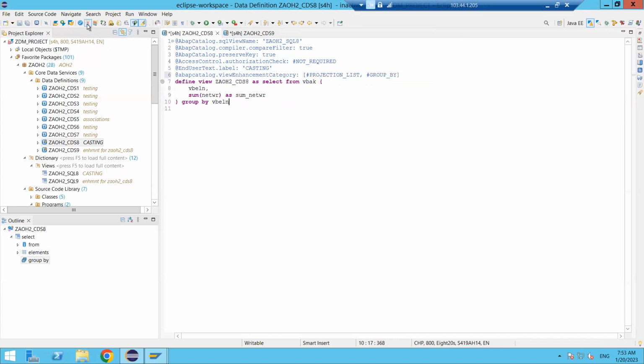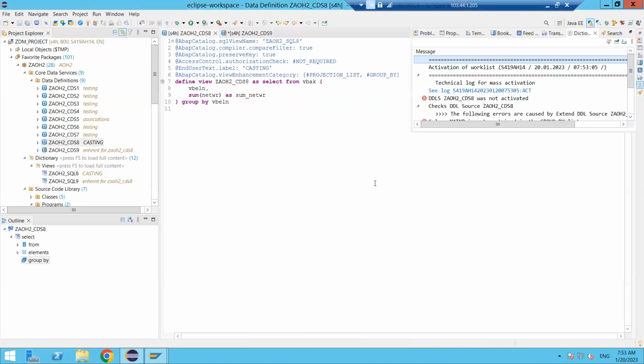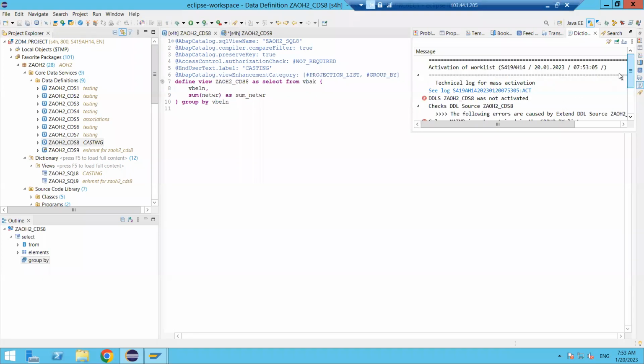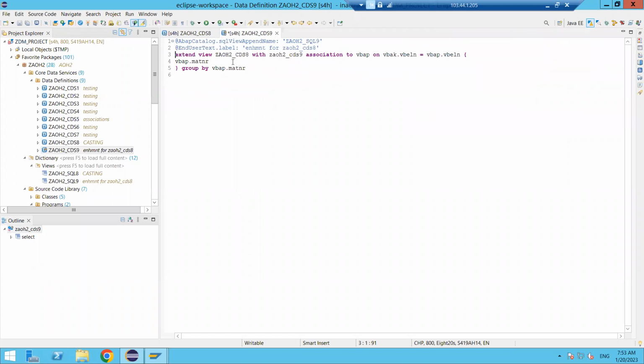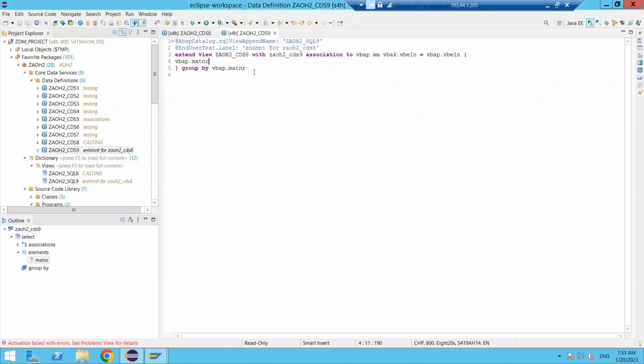Now activate it. It is showing an error. Okay, it is containing the old one only. So what I will do, here activate it. No. So what I will do, I will